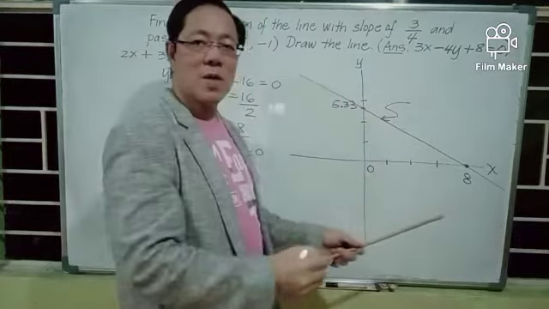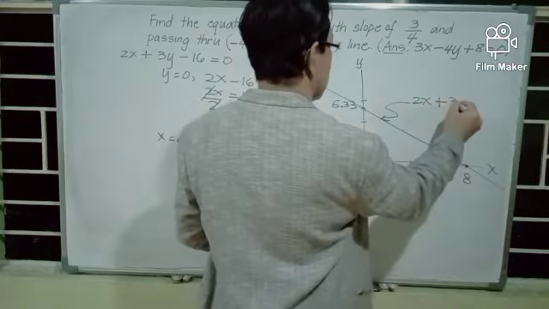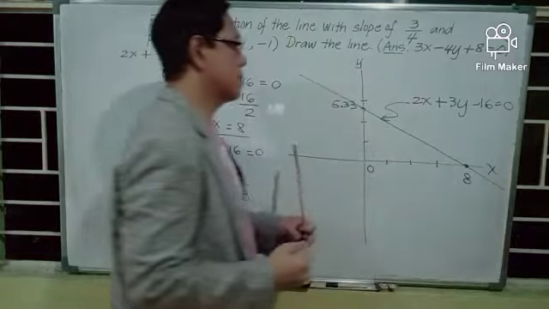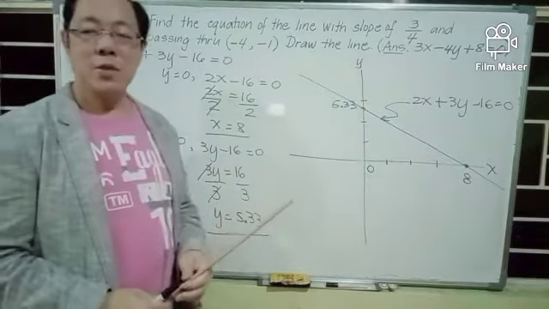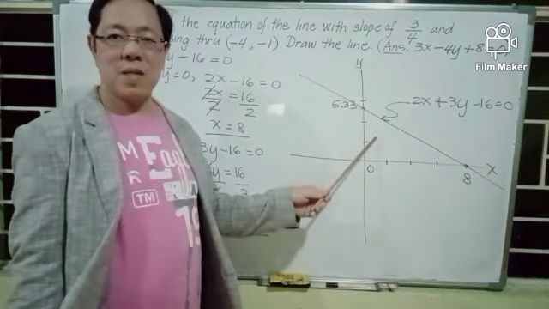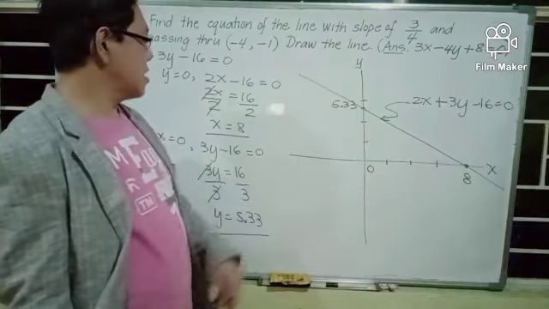This line is the graph of the equation. And you can check by the appearance of the line that the slope of this line must be negative, and we are given that the slope of this line is negative